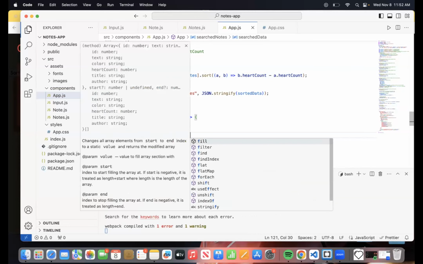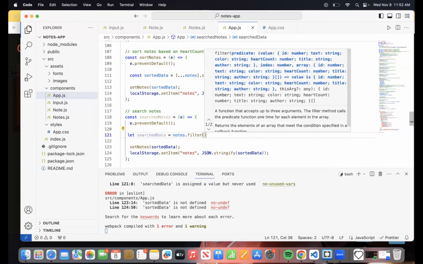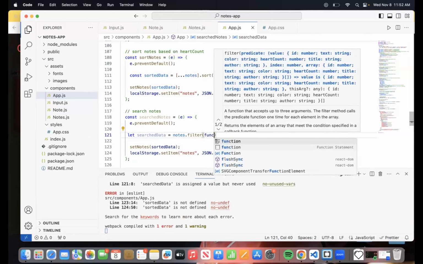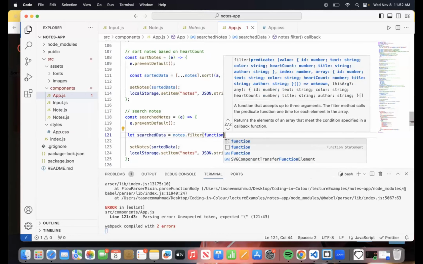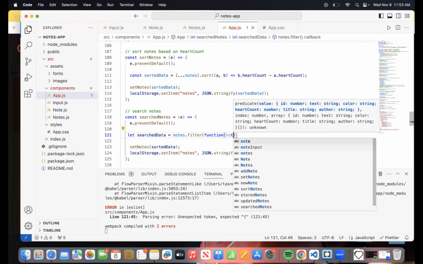And I'm gonna use the filter function for this. Now, the thing about the filter function is inside you have to call a function as well, right? So let me write down function. Okay. For that event, let me call this note.